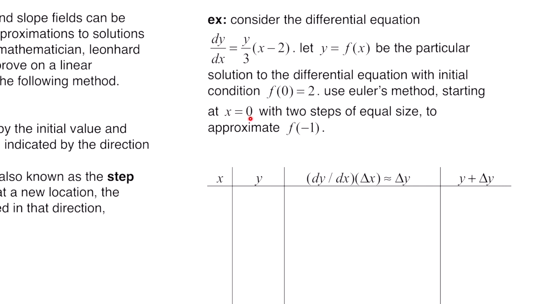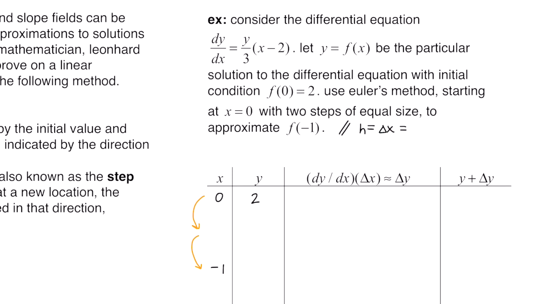We're starting at x equals 0, and we're given that f of 0 equals 2, so we have 0 and 2 for x and y. It says we need 2 steps of equal size to approximate f of negative 1. So you want to think of this as you're doing one step and then another step, and we're trying to get to negative 1. So to find your h, or your step size, or it's also change in x, you